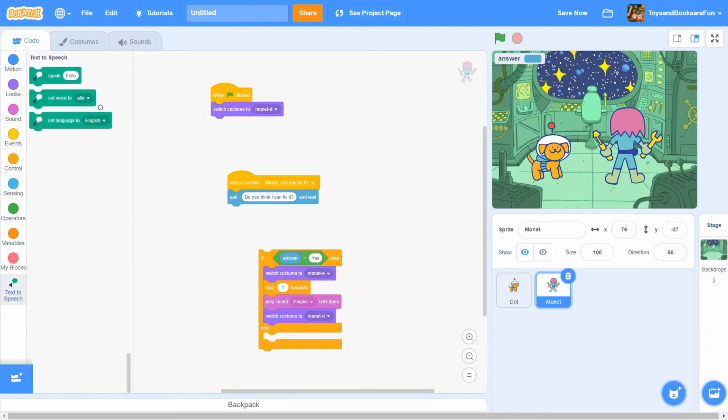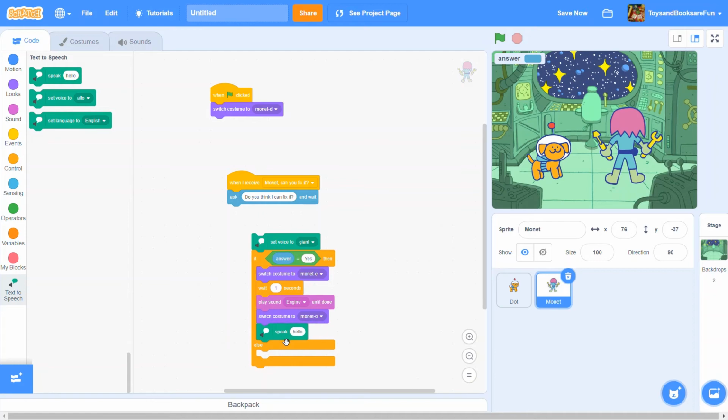We're going to set his voice. Let's see what voice we want Monet to have. Maybe Monet should have the tenor voice. Hello. No, or the giant voice or something. Hello. Yeah, okay. So we're going to set his voice to giant,